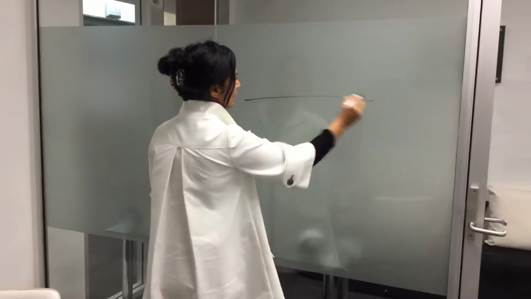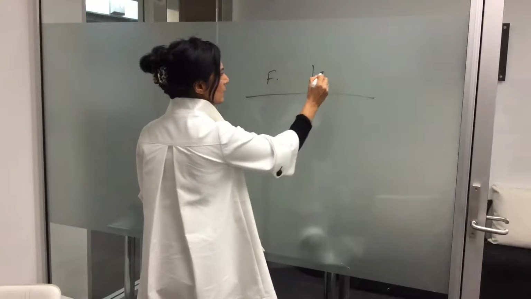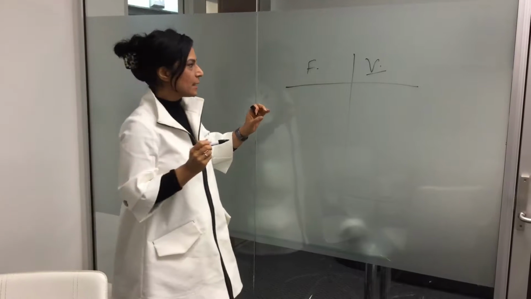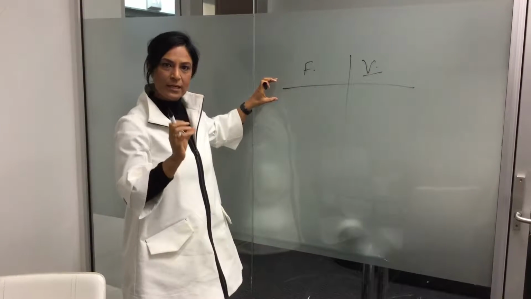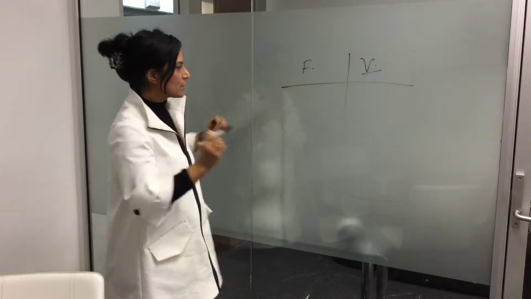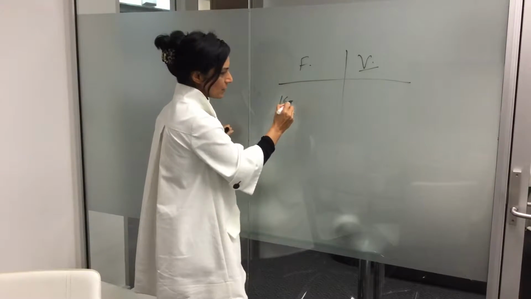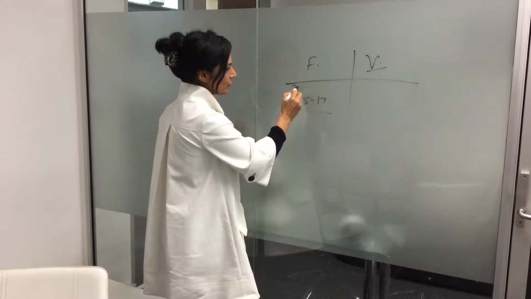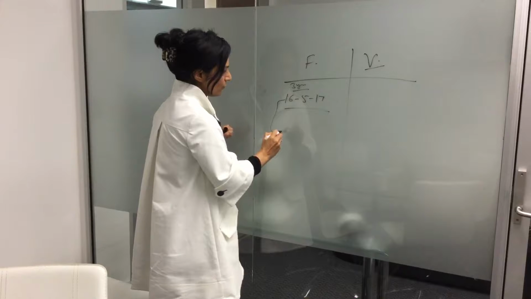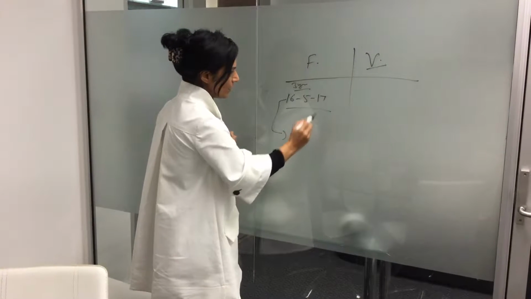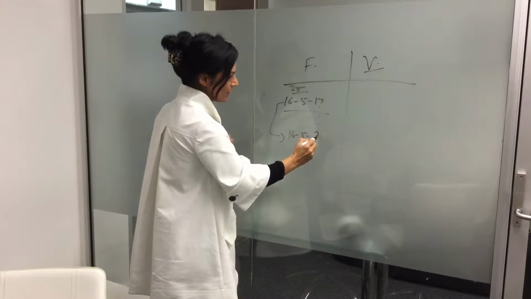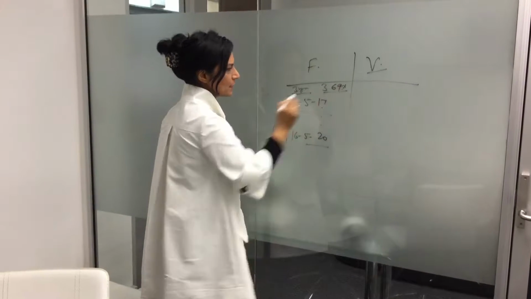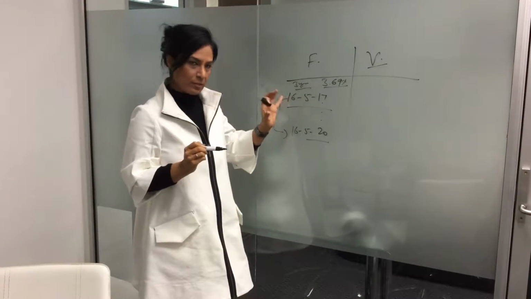So let's say this is your fixed and this is your variable. The main difference between fixed and variable is that once a fixed rate is locked, you cannot change it. Say for example, your rate is locked today, 16th of May 2017. Let's say you've locked it for 3 years, so till 16th of May 2020. This rate, which you lock in today, let's say 3.69%, is not going to change. That's a fixed rate, right?